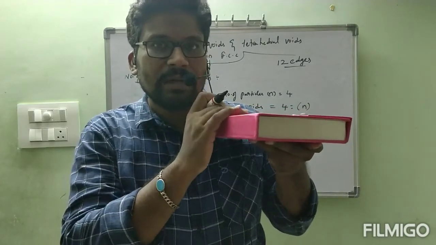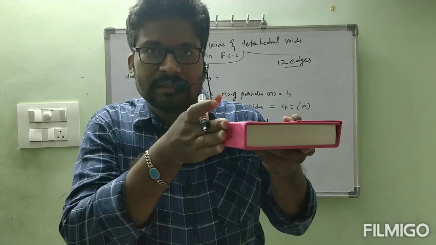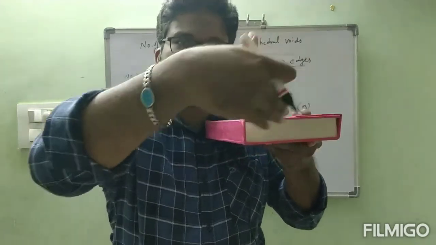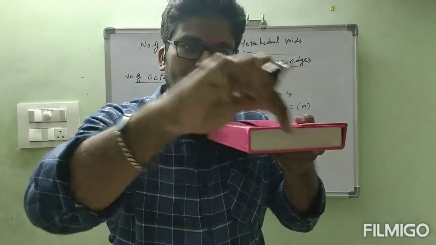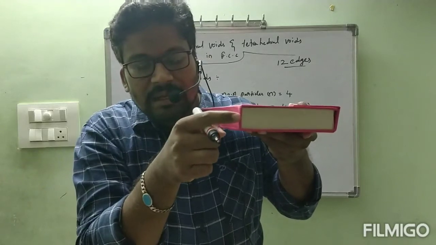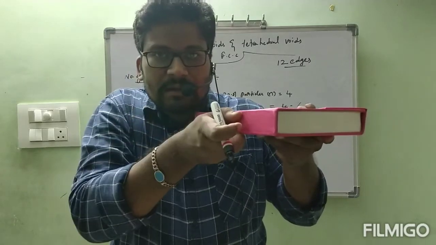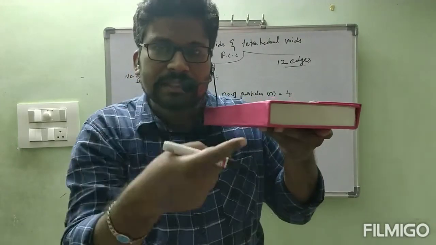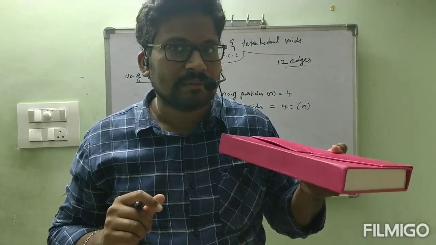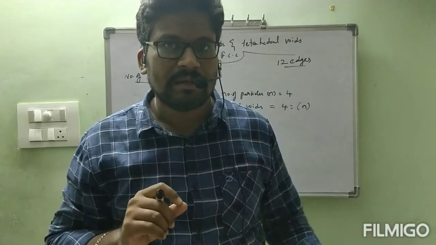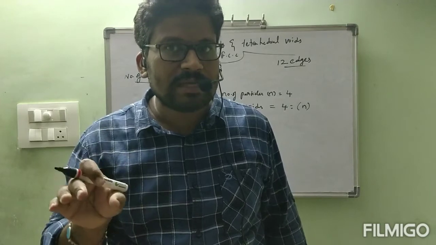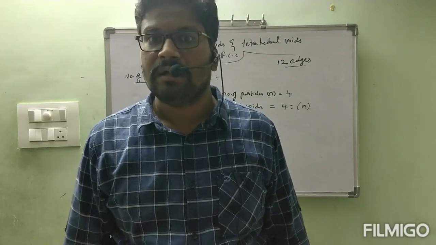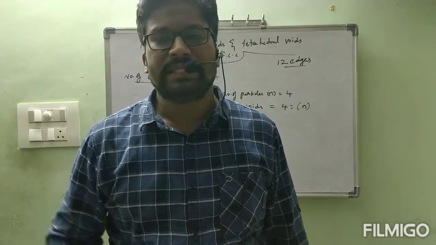See, this is one cube. Next, this is another cube, second. Correct, ma? This is the third cube, and this is the fourth cube. 1, 2, 3, 4. If you keep boxes like this, here, here and here, exactly this center is there, na? It is shared by 4 rooms. It is not possible with more than 4 rooms. If it is shared by 4 rooms, how much is that particle contributing to one unit cell? 1 by 4 only. That particle is contributing 1 by 4 to the one unit cell.